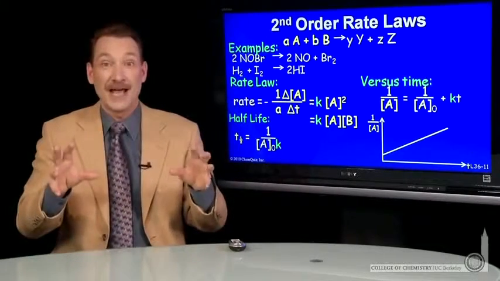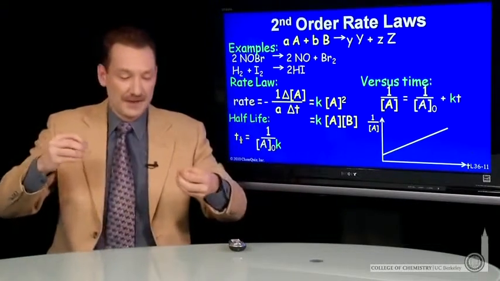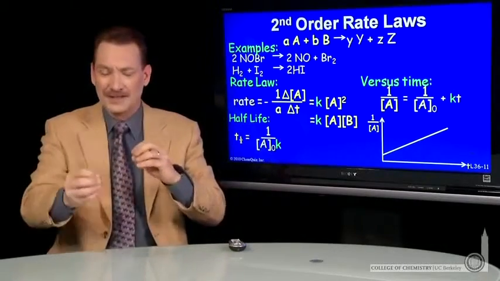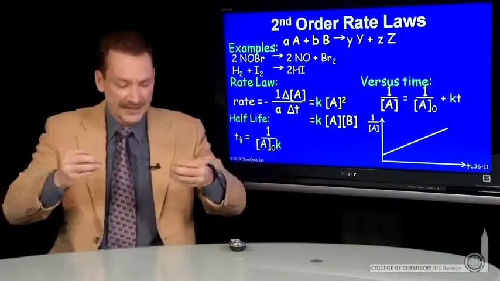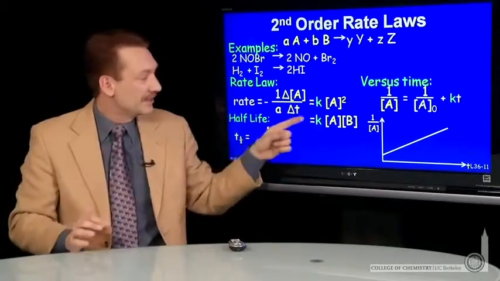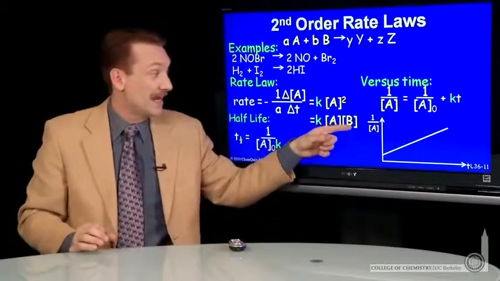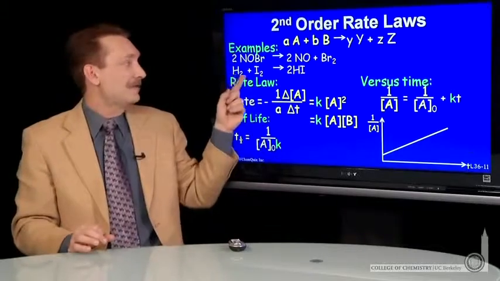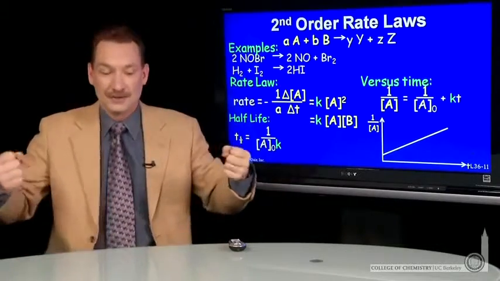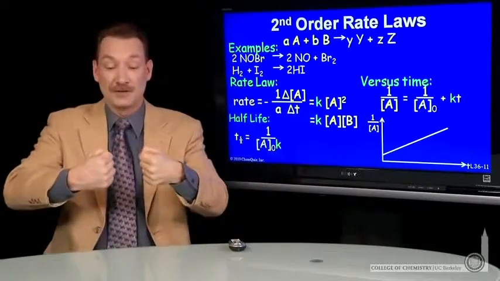A second order reaction means there's some collision somewhere in there. It's dependent on the concentration squared, the interaction of the particles. It's dependent upon two concentrations, the concentration of A and B, or the concentration of hydrogen and iodine. Those have to come together. If the concentration of iodine